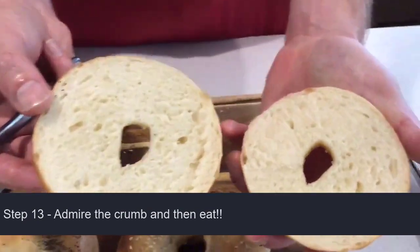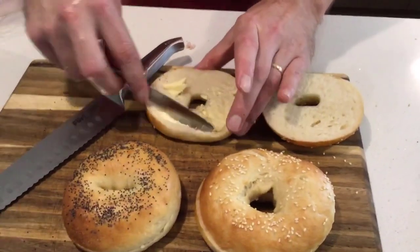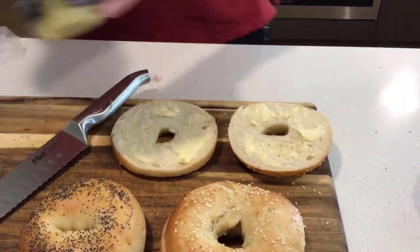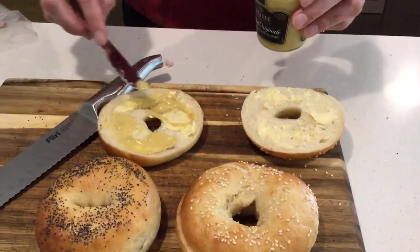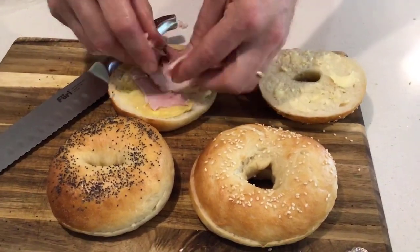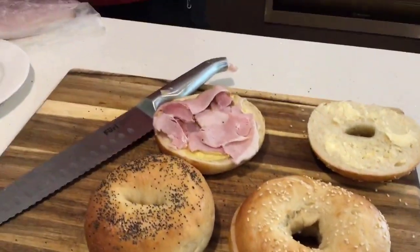Okay, so that's what it looks like inside. So fluffy. And we're going to quickly make it up as a terrible lunch bagel. What a pity, hey? Oh, look how soft it is. Put some, and we'll do mustard. Some fresh leg ham. And Charlesburg is beautifully